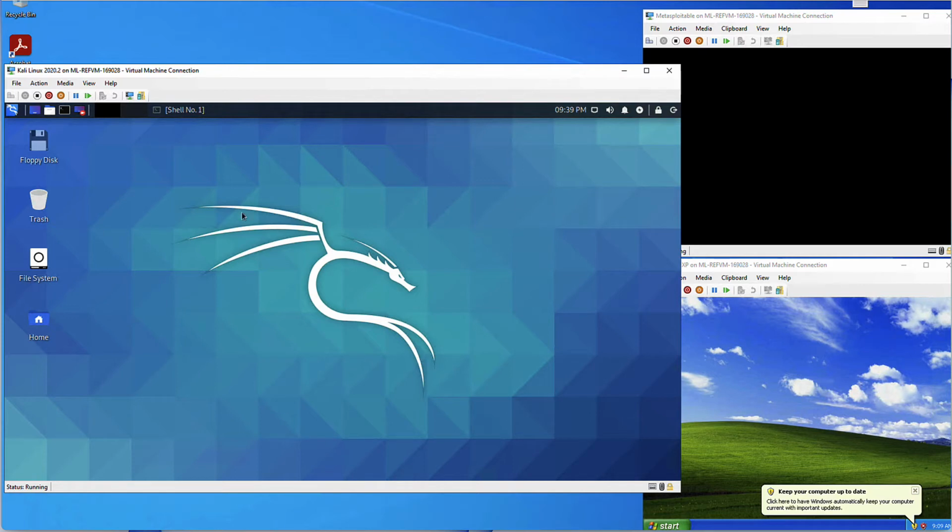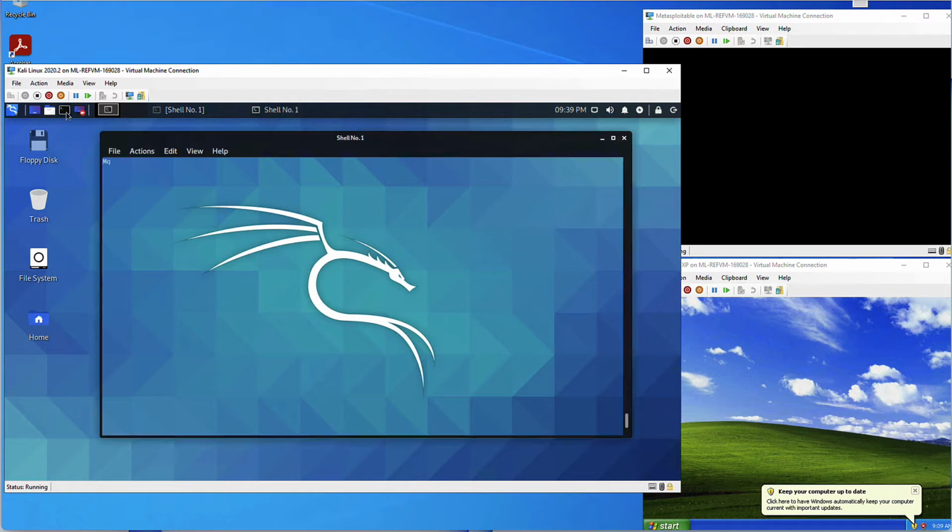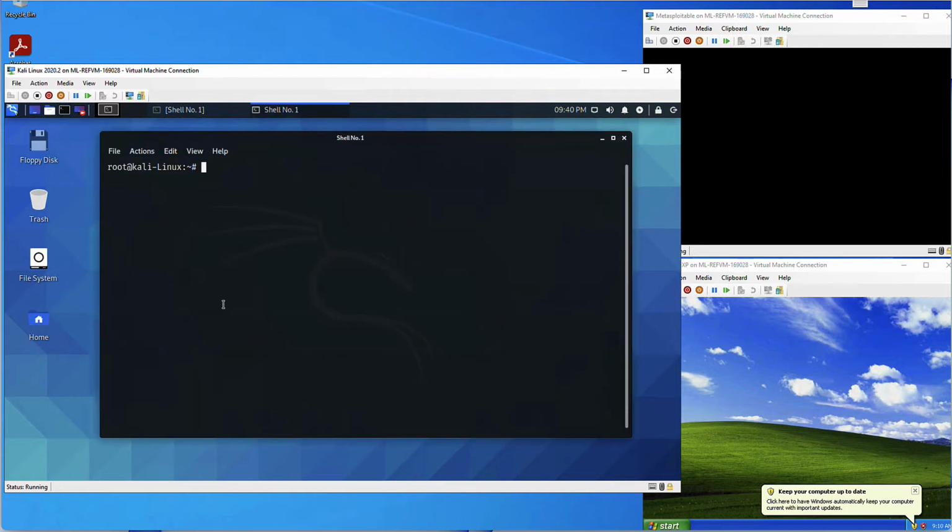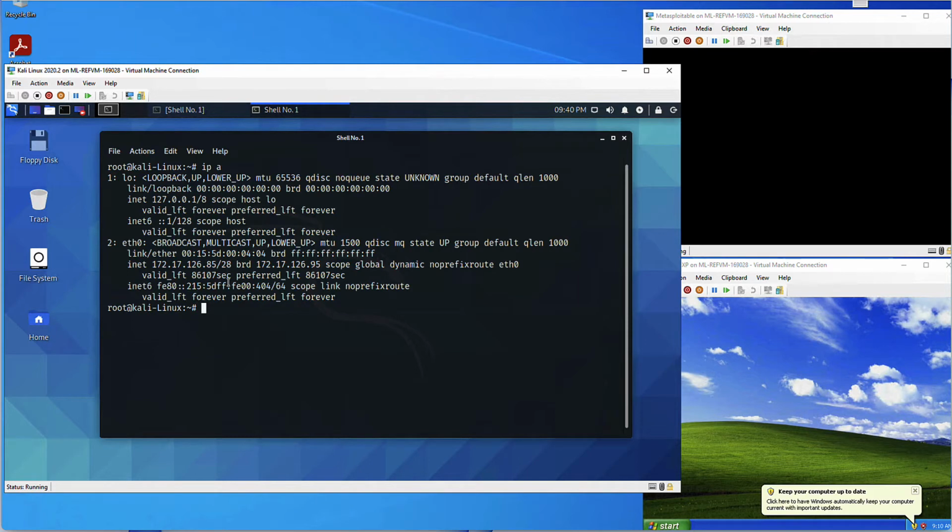First one is Kali Linux IP address. You can use ifconfig, but I prefer IPA. The reason is IPA would show you the IP address of your machine. This is my IP address,